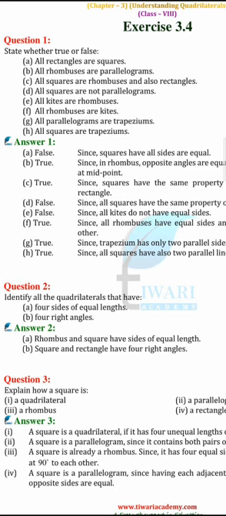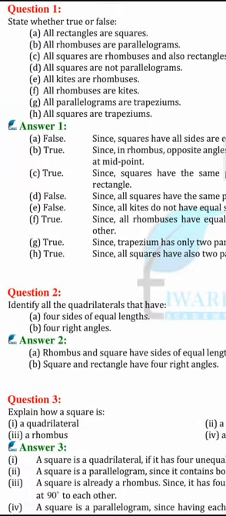Okay, in a square all sides are equal. In a rhombus, all sides are equal. In a rectangle, only opposite sides are equal. In a square, diagonals bisect at 90 degrees and are equal. In a rhombus, diagonals bisect at 90 degrees, but are not equal. Each angle of a square is 90 degrees, but in a rhombus only opposite angles are equal. So that's why a square can be a rhombus and also a rectangle.